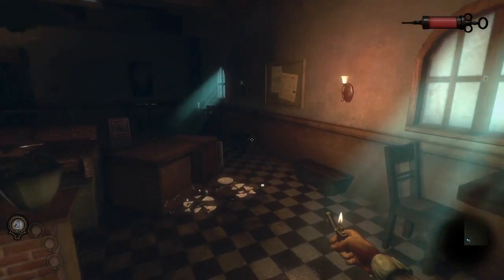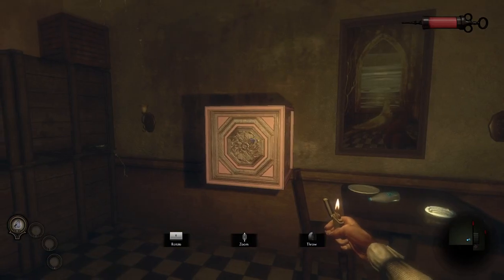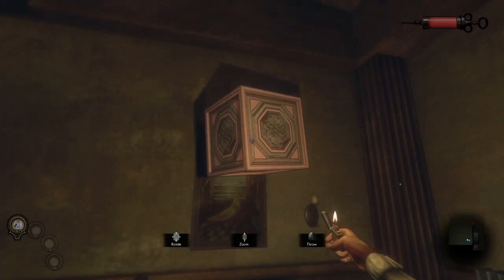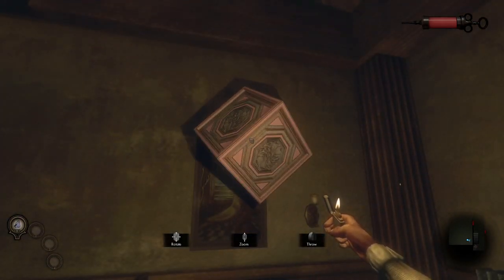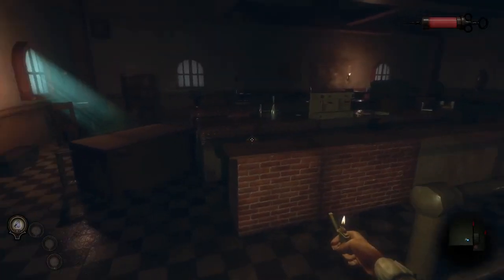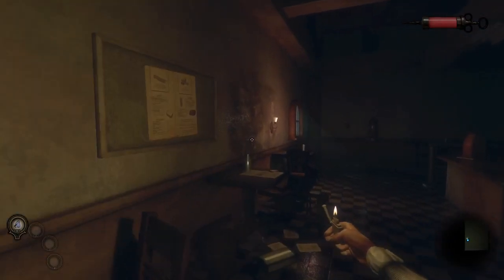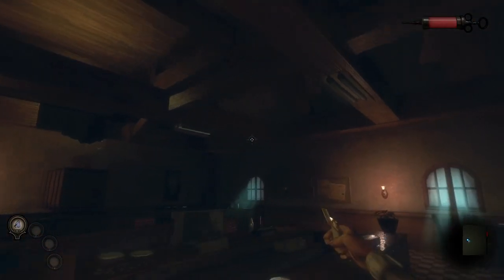Okay, so I have that box. What is the point of this box, I guess? I don't see any inscriptions or anything on it. So, what do I want to do with the box? Do I need to set it somewhere? Do I need to use it to...